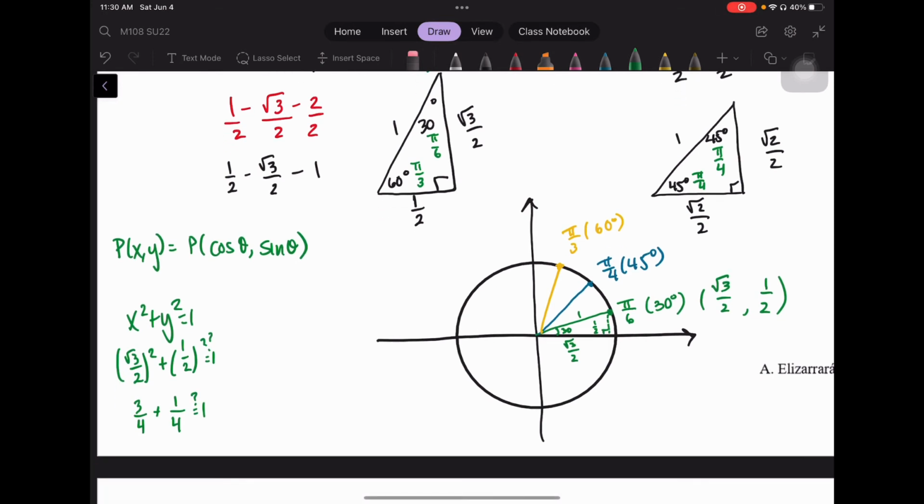Does 3/4 plus 1/4 equal 1? It sure does. 4/4 equals 1. That's true. So that point works. What about the 45, 45, 90 triangle? If I was to draw this,